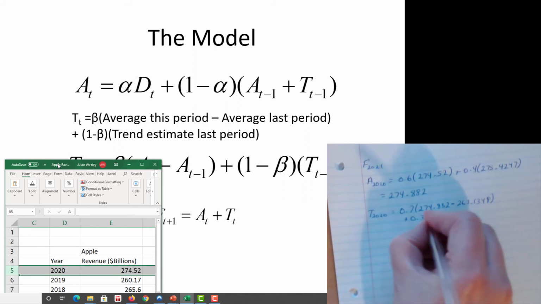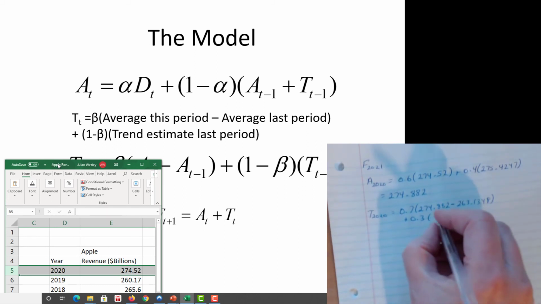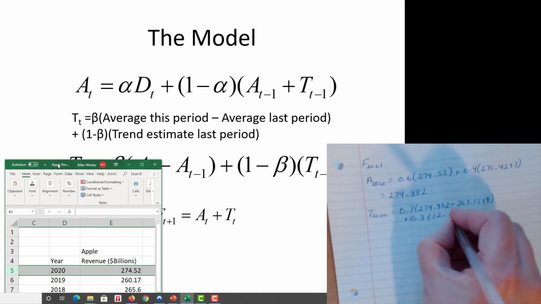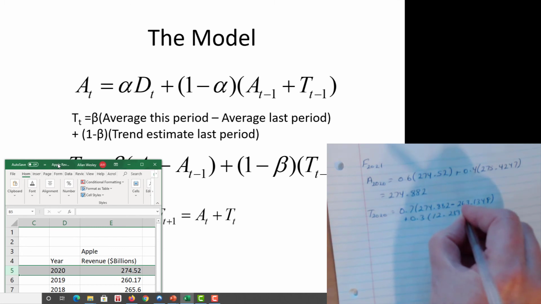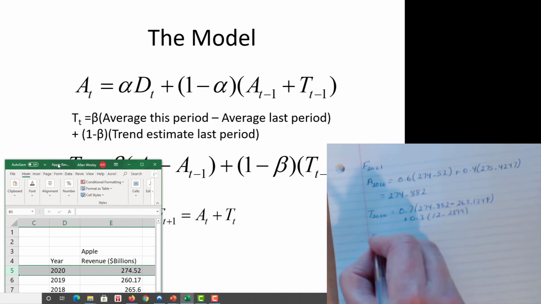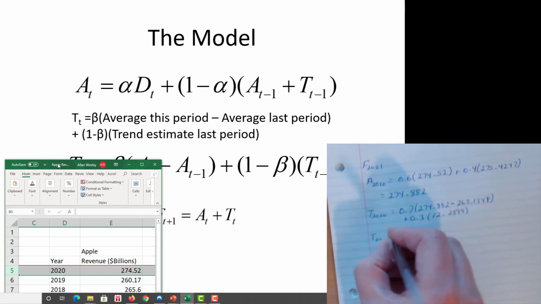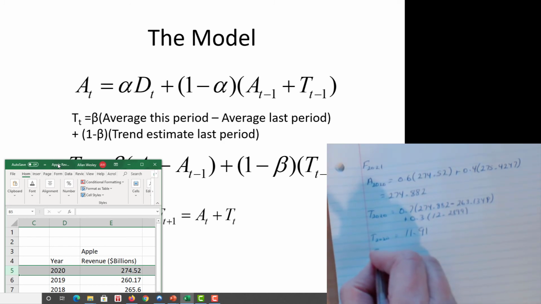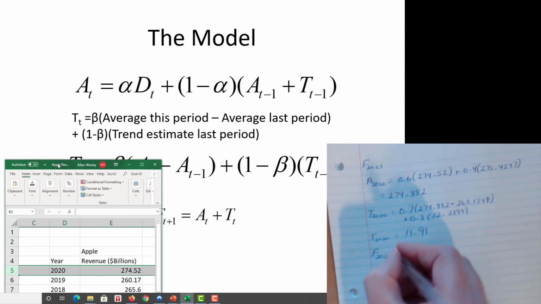Plus 0.3 times the previous period's trend of 12.2899. Trend for 2020 is still up by almost $12 billion, making our fearless 2021 forecast equal to